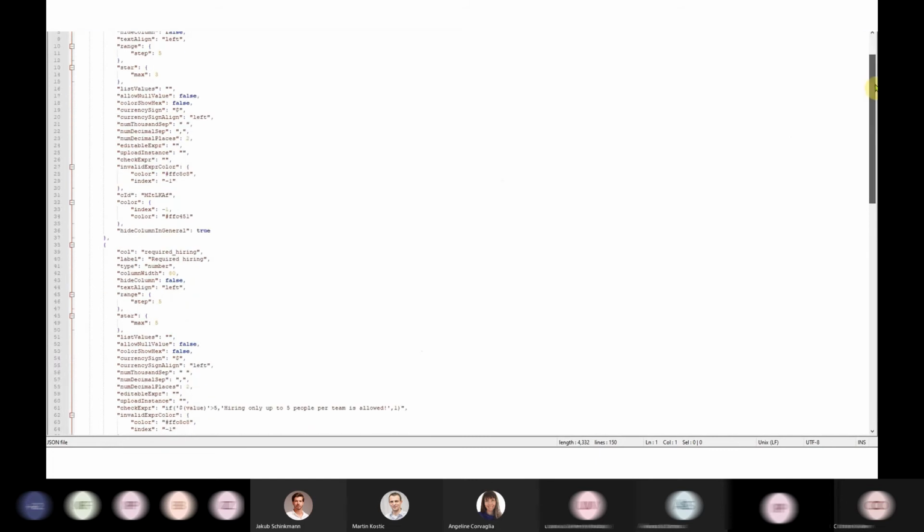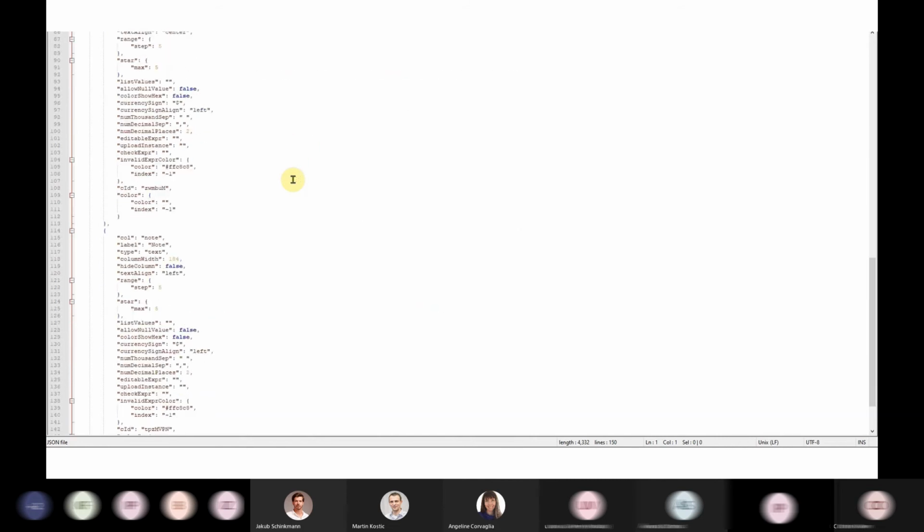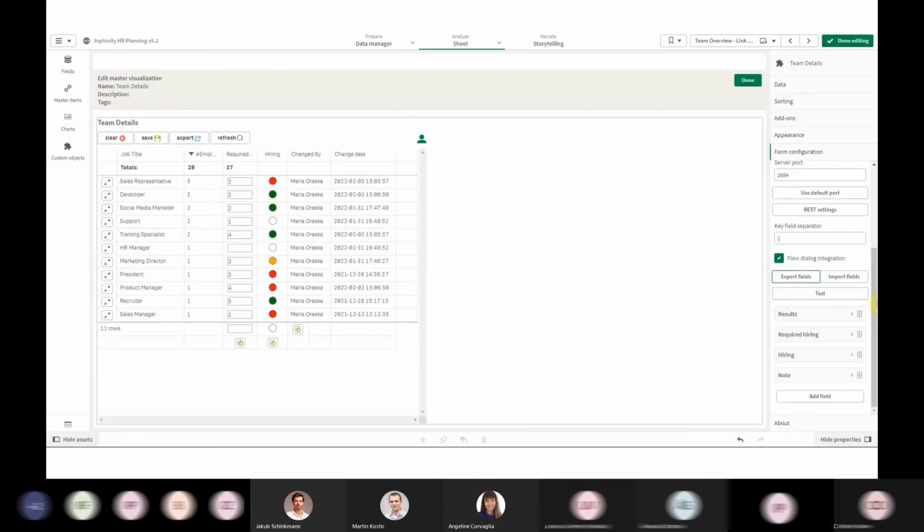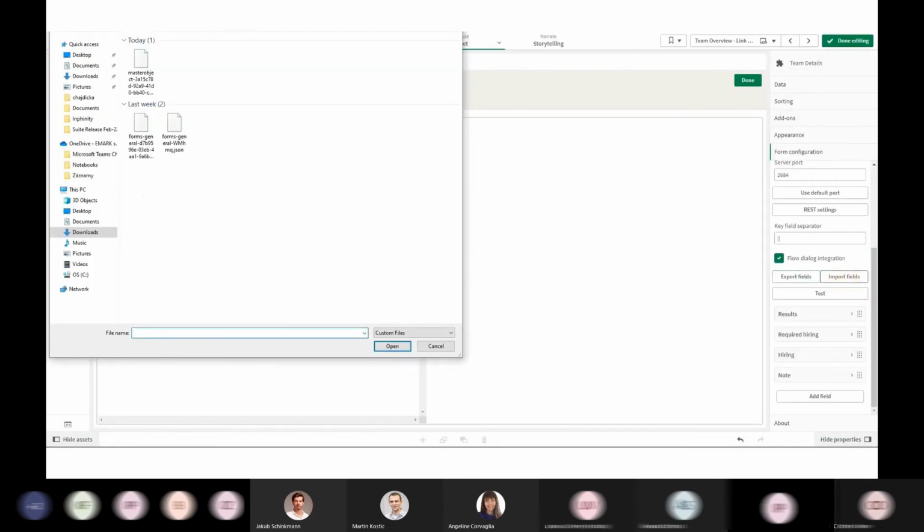It's important to remember it doesn't contain information about measures and dimensions, because the structure of this part of the object might be changed based on the Qlik enhancements. But in this JSON file, you find the whole definition of all editable fields. So if you want to make any changes offline on your computer, or copy and paste an existing field and create 20 similar fields, this is an easy way to get started. Once you save this JSON file, you can import it back.